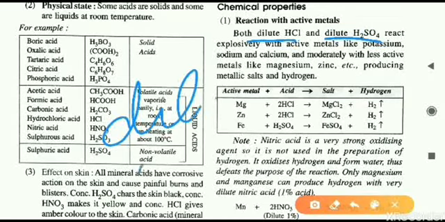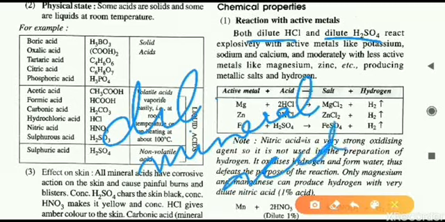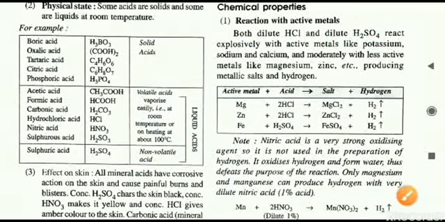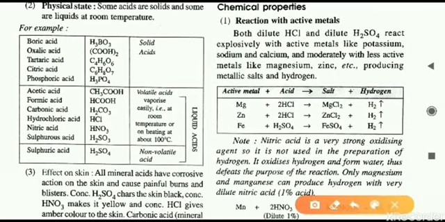What kind of acids are we using? We can use either dilute HCl or dilute H2SO4. So we will be using dilute mineral acids. Here one exception is there, we will not use nitric acid. Why is it so? We will deal with that in the later part of this reaction.